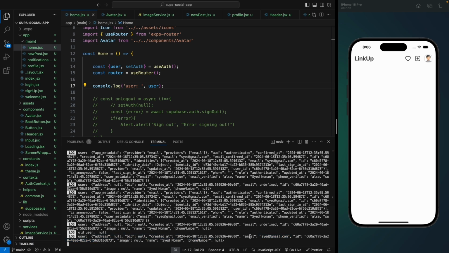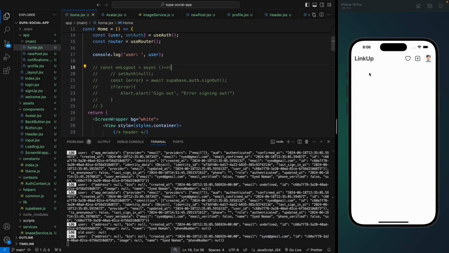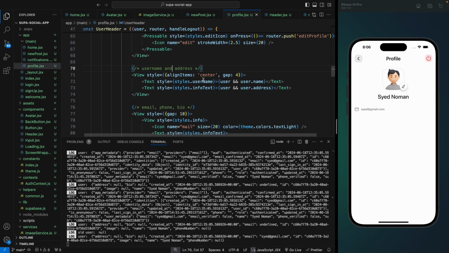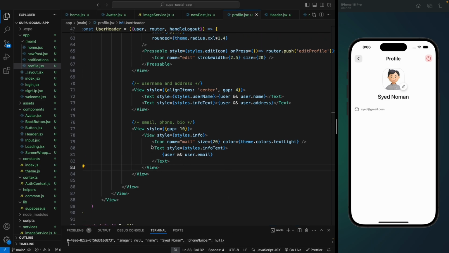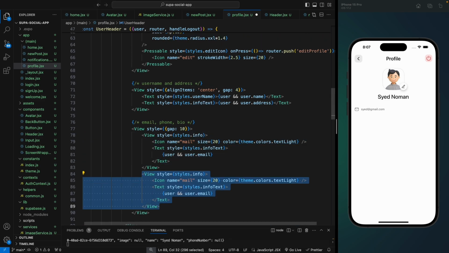Now we have this email property, and this will now show on the profile. So this is not the best way to implement this. We're only doing this because I made a mistake while I was creating the trigger and the function. So when you do this, you make sure you add the email as well, so you don't have to do this. So now let's just copy this for the user phone number,